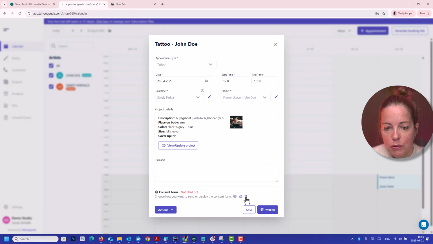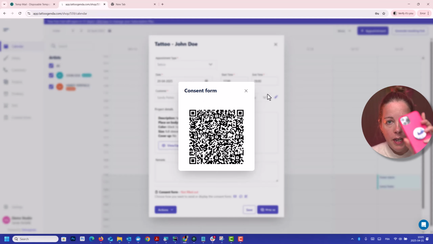So for now, I'm going to use the QR code. I have my phone here. I scan the QR code. Voila. So now I'm the customer in my own shop. I arrive, the shop shows me the QR code or sends me a text, and I can start filling out my consent form. Your client will do this on their own device. They fill it out, it takes a minute. For example, you can ask them the Instagram name and how they got to know you, just to make it a bit more interesting for yourself.